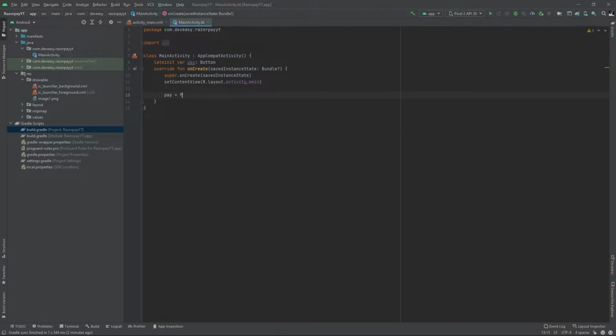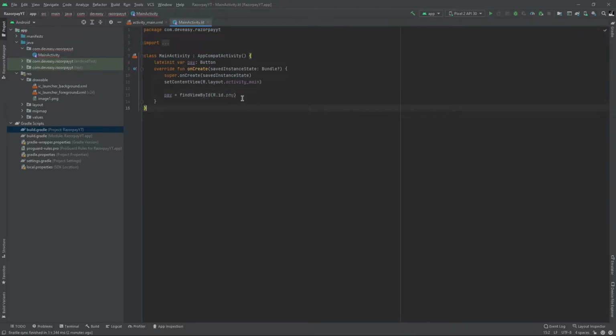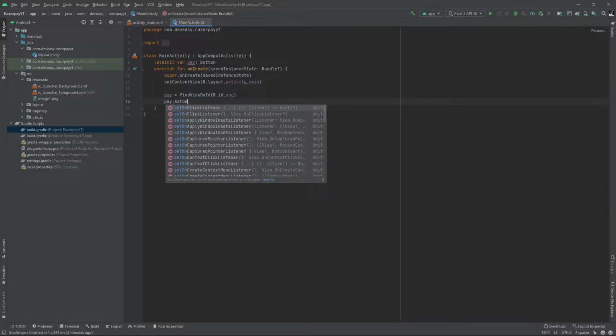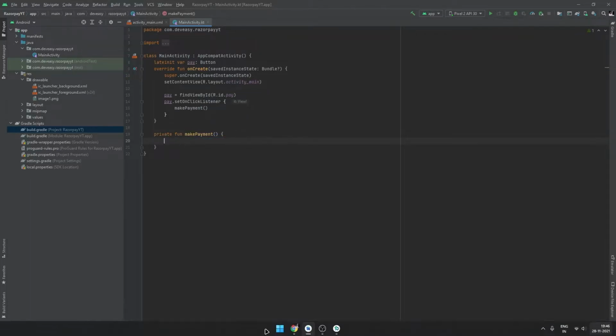So pay equal to findViewById R.id.pay, and pay.setOnClickListener makePayment. So we are just calling this function here. We'll create the function. Okay, so inside this function we have to write the code.